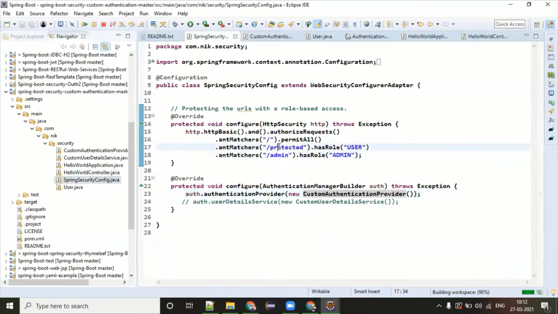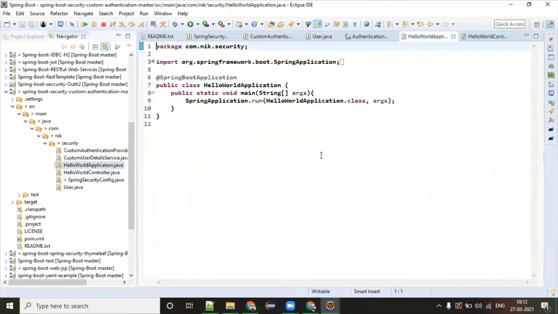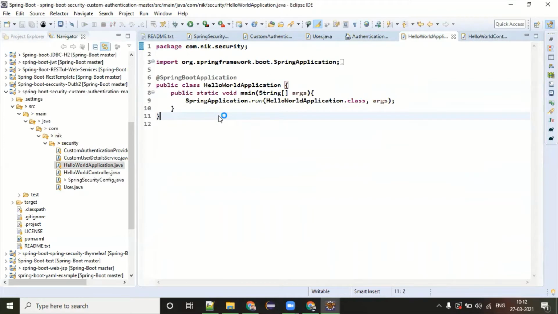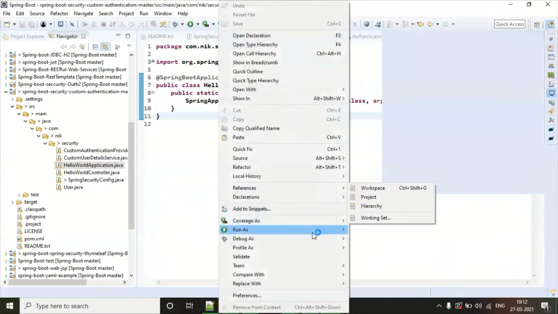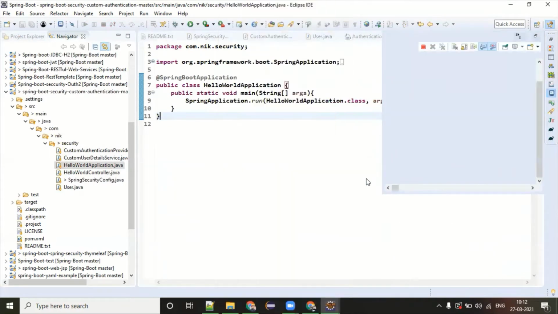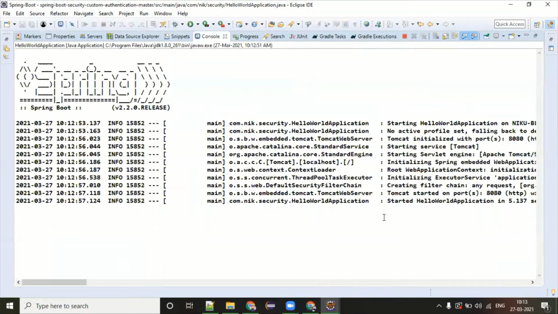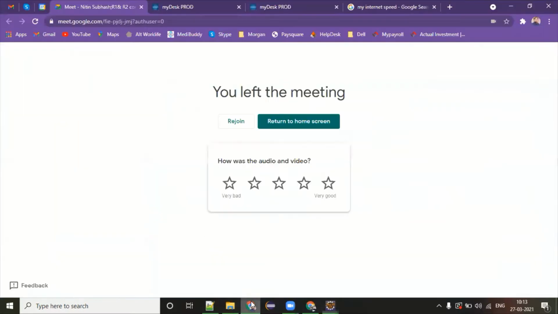You can see that whenever there is a protected URL hit, we are expecting the user must have a role called user. Whenever the admin URL is hit, we are expecting that the user must have an admin role. So this is how the flow would be. Pretty simple, as I told you, not a lengthy configuration, no lengthy business logic. Everything has been taken care of by Spring Boot directly. So you just need to make sure what kinds of things you want.